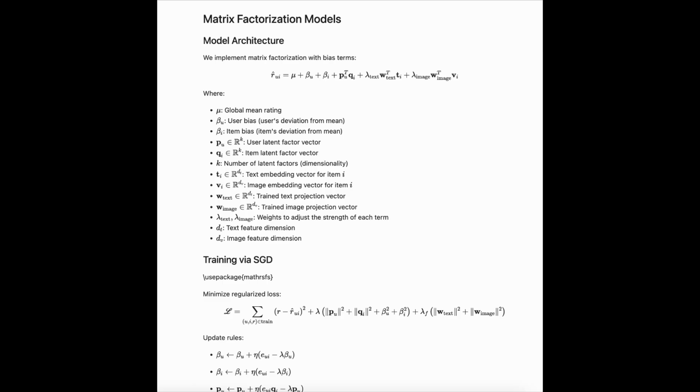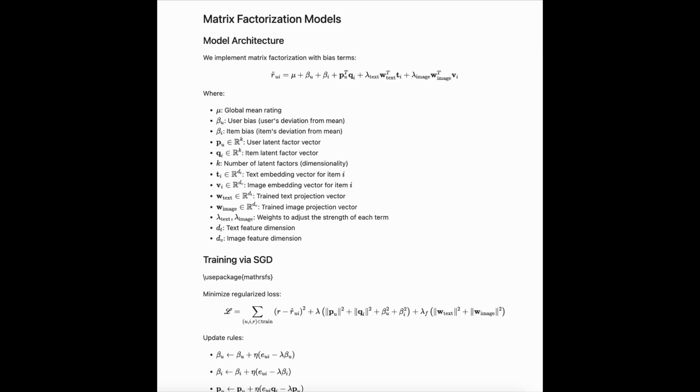Here, mu is the global average rating, beta u is user bias, beta i is item bias. p_u is the user latent vector, q_i is the item latent vector. Lambda is a weight, t_i is the text embedding vector, v_i is the image embedding vector. W text and W image are the projection vectors. So overall, instead of relying only on user item interactions, we use a multimodal MF model that also leverages textual and